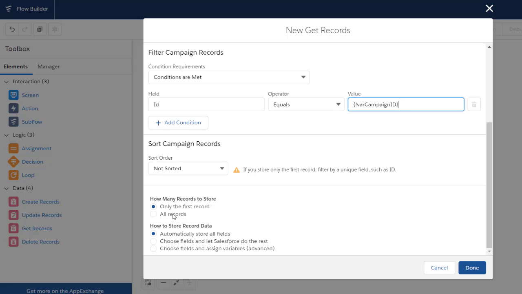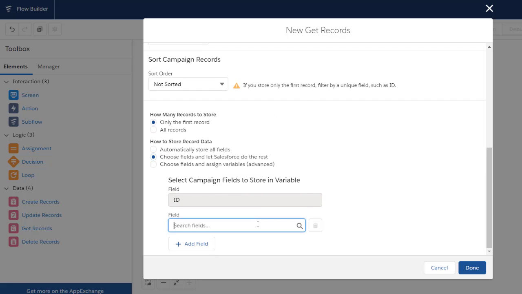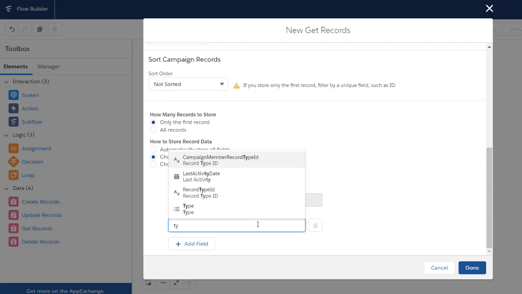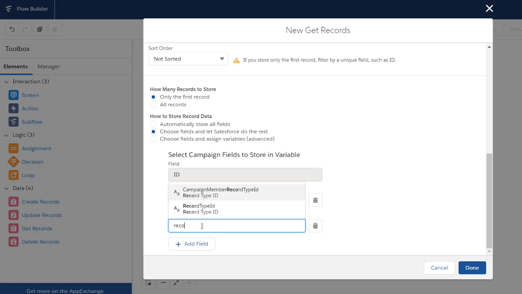IDs are unique identifiers. And what I'm also going to do is, we could store automatically all the fields that live within that campaign. But for this use case, I actually only need a few values, such as the type of campaign and the record type. So once we find this campaign, we're going to go ahead and drop that information in here. And then I'm going to hit done